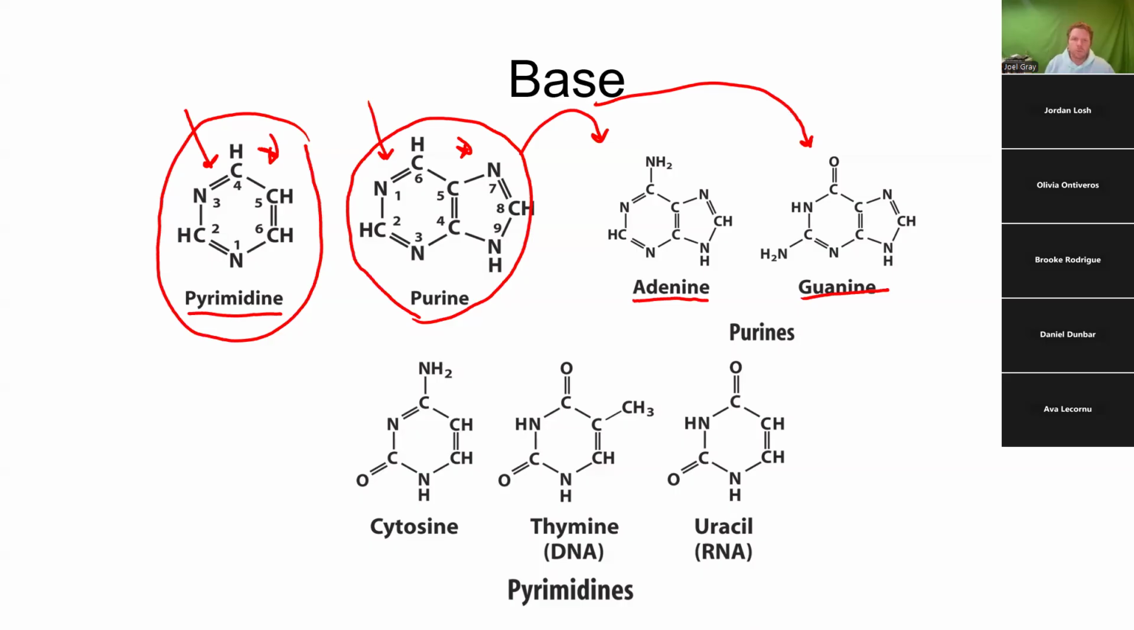Now, what I want you to recognize also is the numbering scheme. So when it comes to numbering of atoms within the rings of purines and pyrimidines, for purines, we start here. 1, 2, 3, 4, 5, 6, 7, 8, 9. We're going to the larger of the two rings, and we're going in a counterclockwise fashion from the nitrogen that